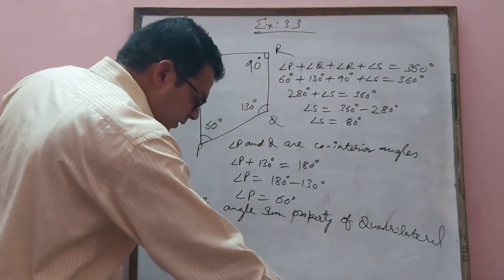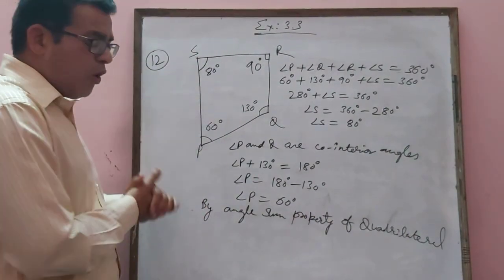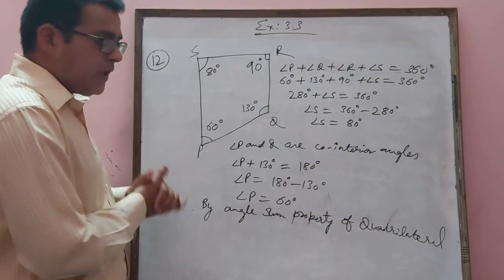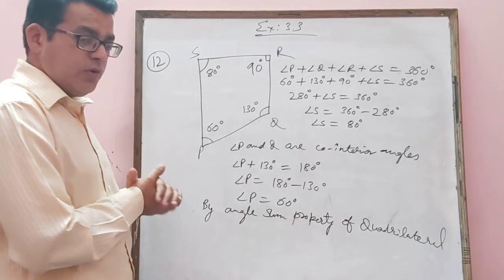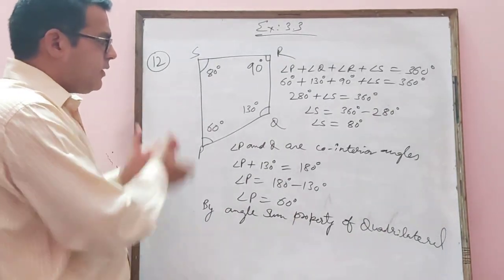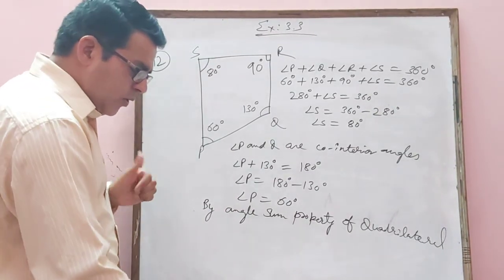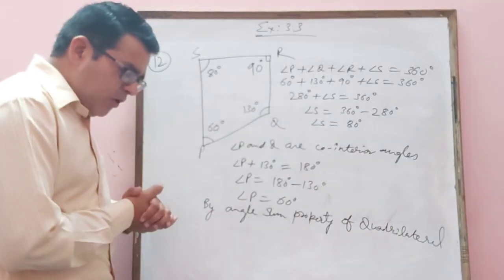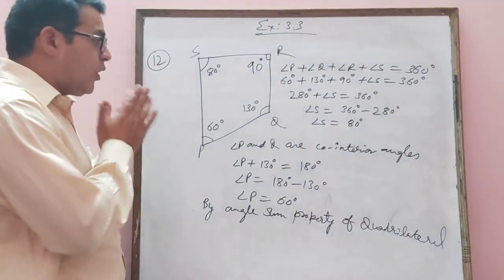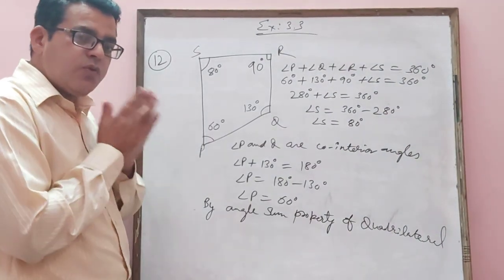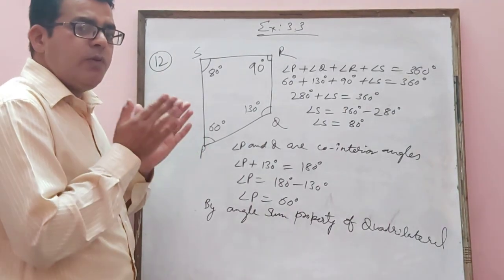So guys, this exercise has been finished now. The questions that I solved today, students asked me to please solve these questions in the video. That's why I solved these questions today. And today we also discussed the properties of different types of quadrilateral, right? Hope you understand all the properties. Once again I am reminding you, exercise 3.4 I am leaving for you only. You just read all the questions carefully, then recall all the properties of quadrilaterals and try to solve these problems. If there is a problem, let me know, then I will solve your problem.